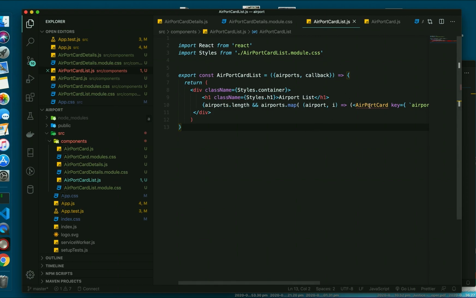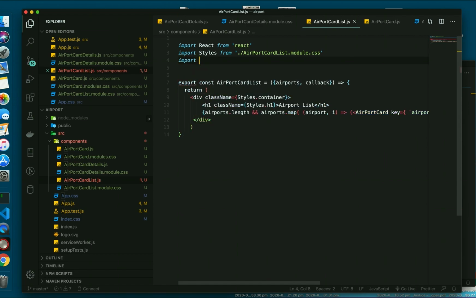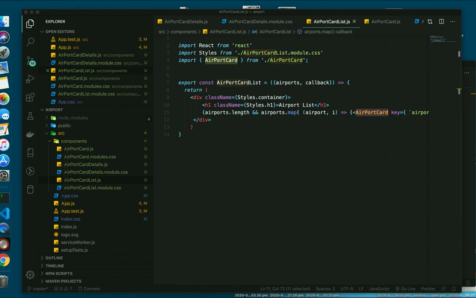And I didn't import this one yet. This is done. Here we could style the h1 and static constant. The airport card, how it is stacked, style inside the airport card. So how we lay out the airport card, we just nail some